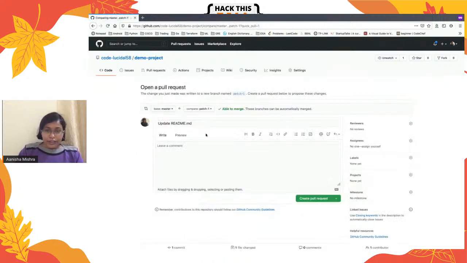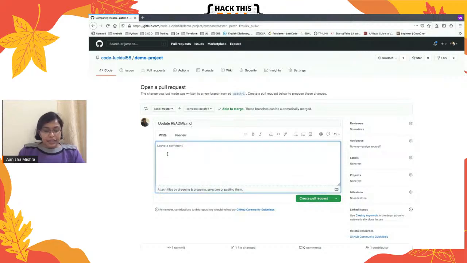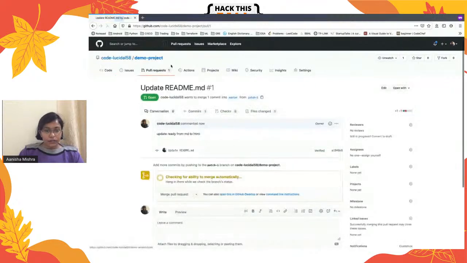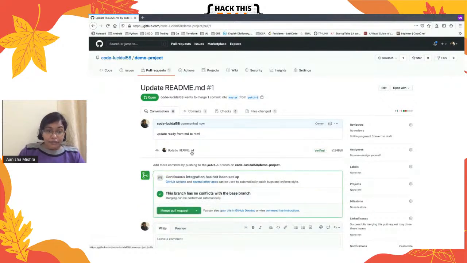Okay, so here it actually went ahead and created a template for me to make a pull request. It's saying that I'm able to merge it, which means there are no conflicts. Update readme. Here I can say that I updated readme from MD to HTML. Okay, now I will click on create pull request. Voila, my first pull request for this repository is created. It is showing that the first commit that I made was update readme. Coming back to the